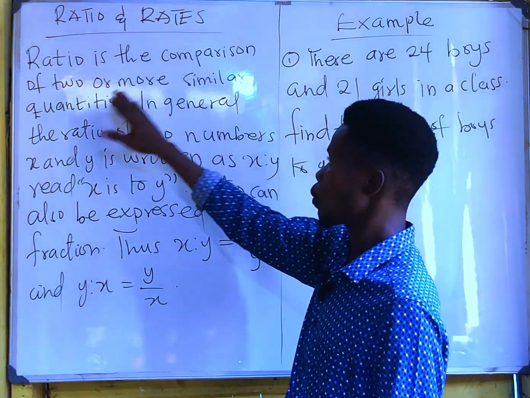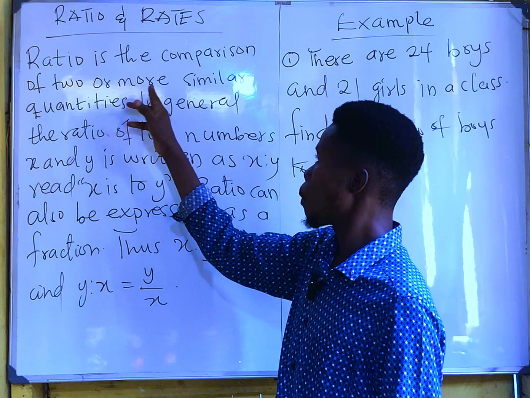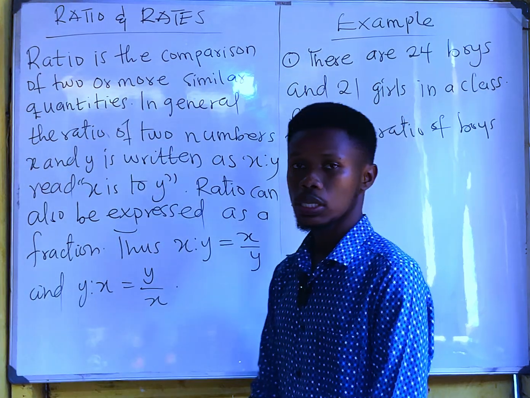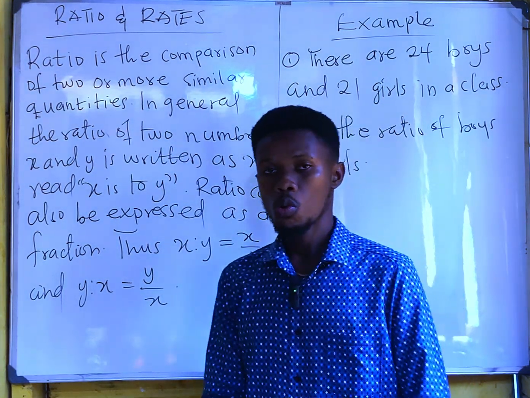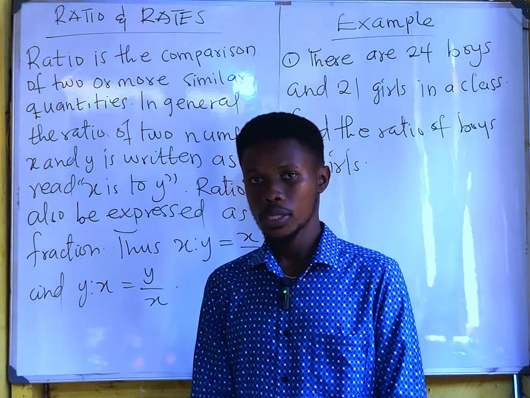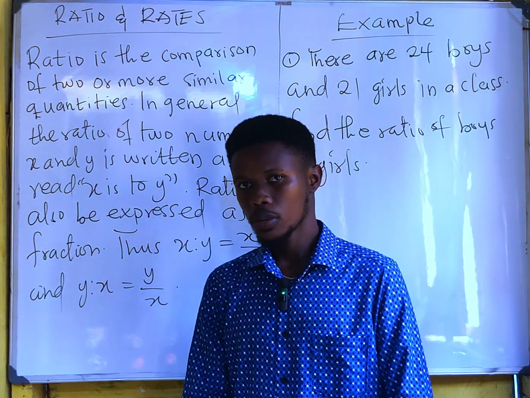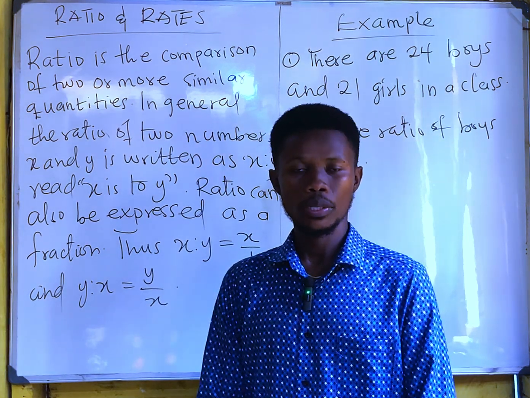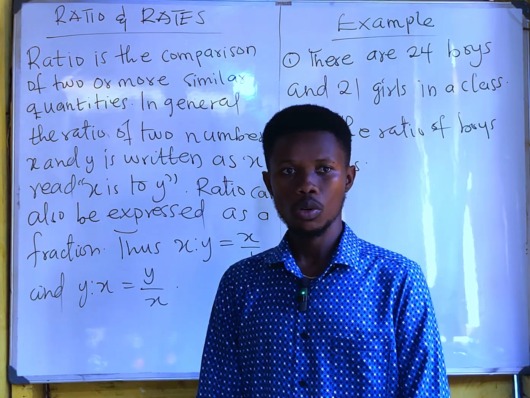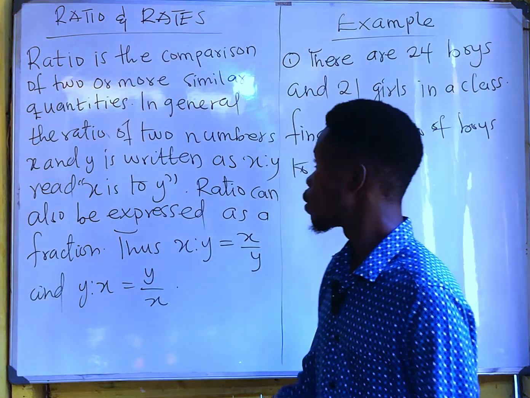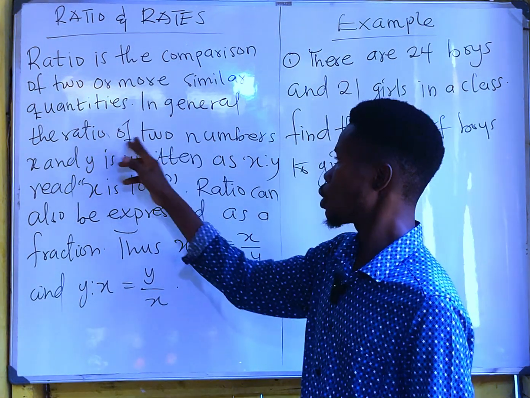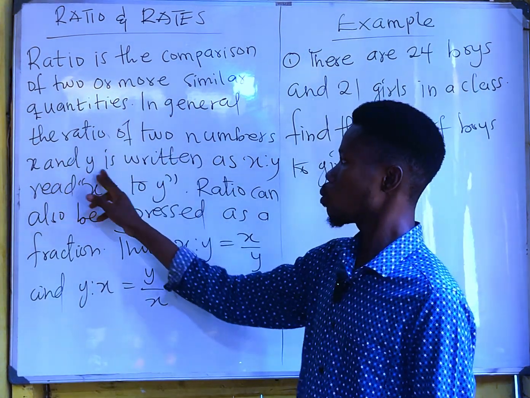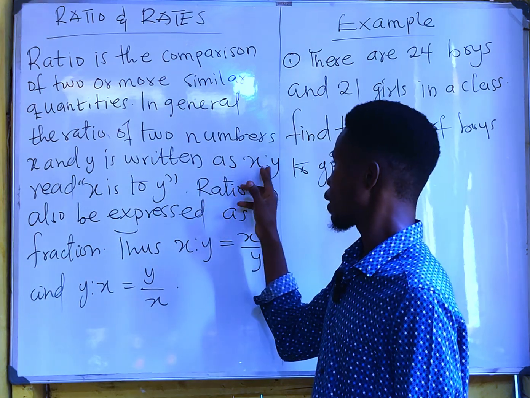Ratio is the comparison of two or more similar quantities. Is that okay? So when we are comparing quantities which are similar, we can say that is what? Ratio. So once you hear comparisons in mathematics, we talk about what? Ratio. In general, the ratio of two numbers, x and y, is written as x